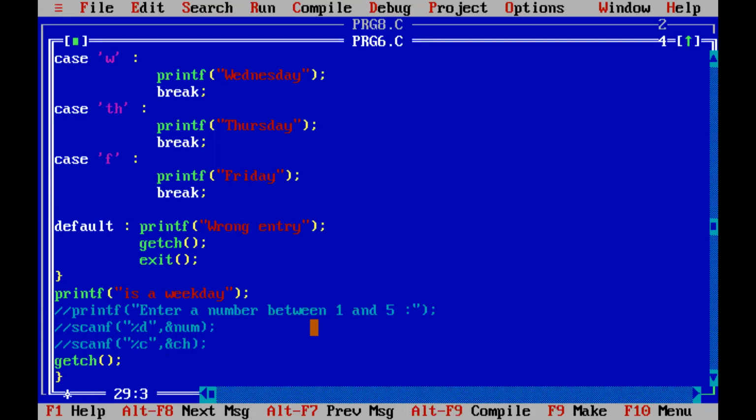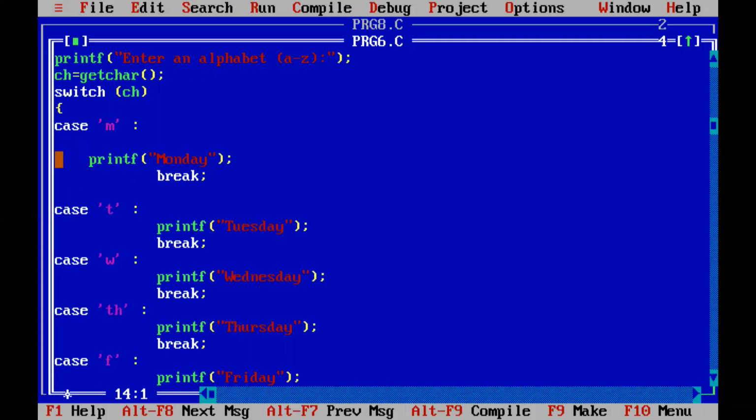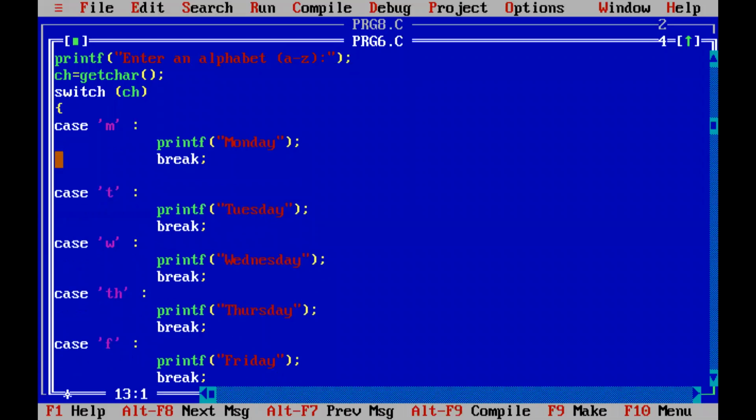Now the thing which I was going to explain is, if you are not mentioning the case statements separately, for both it will be printing the same. This is clear, right? Now, if I'm not putting this break, what will happen?